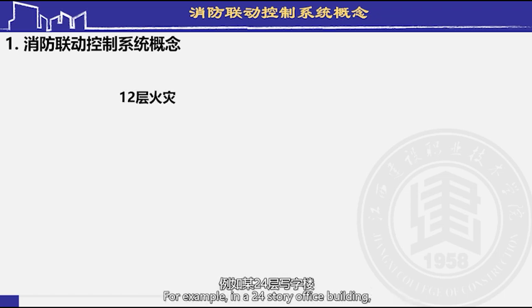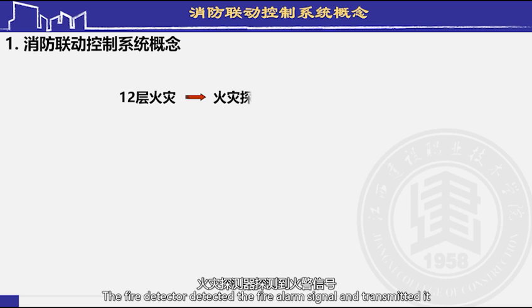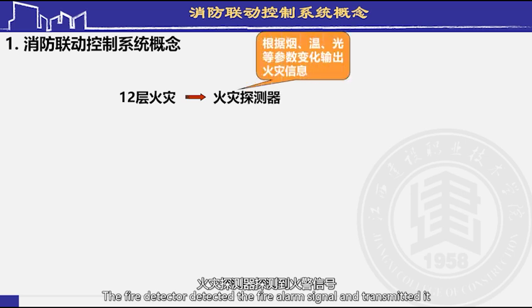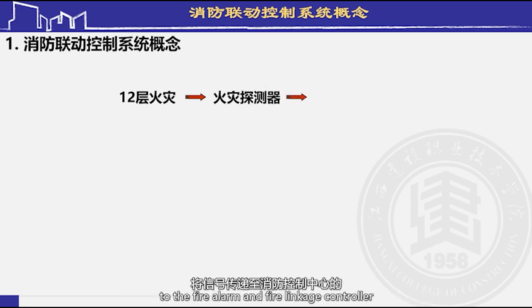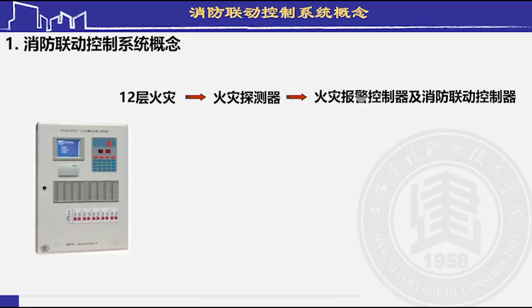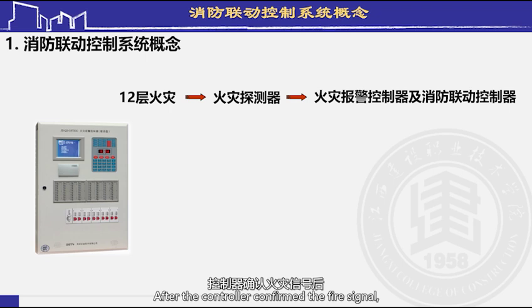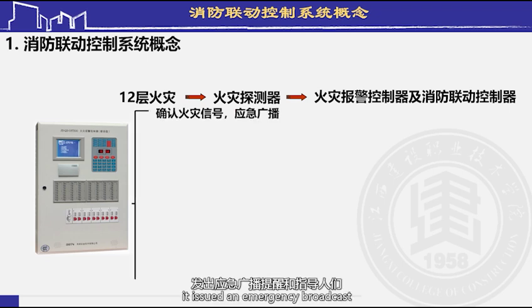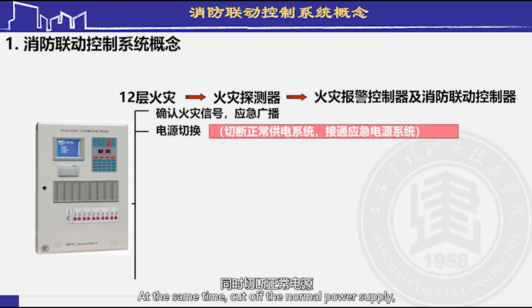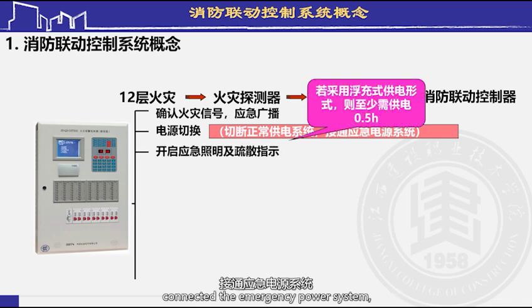For example, in a 24-story office building, a fire suddenly broke out on the 12th floor. The fire detector detected the fire alarm signal and transmitted it to the fire alarm and fire linkage controller in the fire control center. After the controller confirmed the fire signal, it issued an emergency broadcast to remind and guide people to evacuate safely. At the same time, it cut off the normal power supply, connected the emergency power system, turned